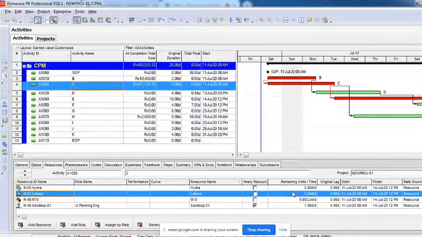Duration is 3, so 50 into 3, that is 150 hours. So total work is 150 hours. Now can I distribute it in this way? First day, rather than having 5, I have 10 people already, so I'll use 10 people rather than 5. And then second day probably I'll use only 2. Then third day I'll increase again, decrease, according to the availability of the resources, I'll use them. But at the end of my third day, there has to be 150 hours.